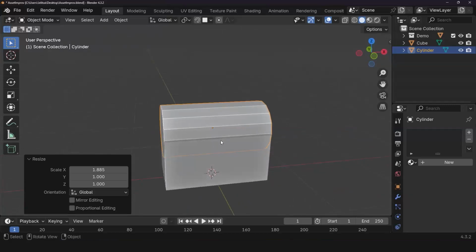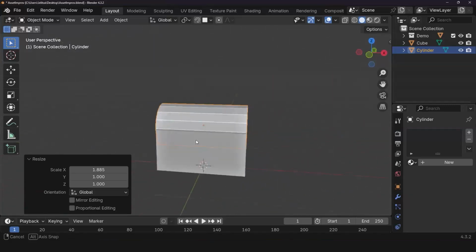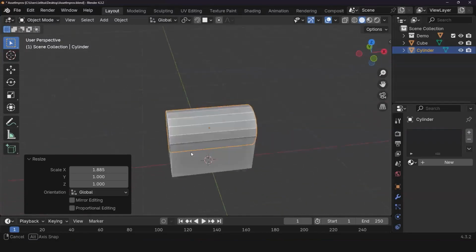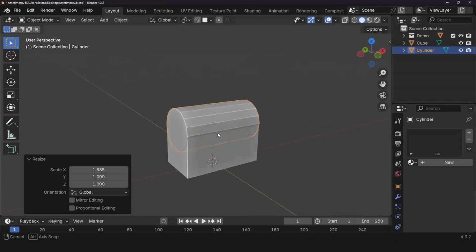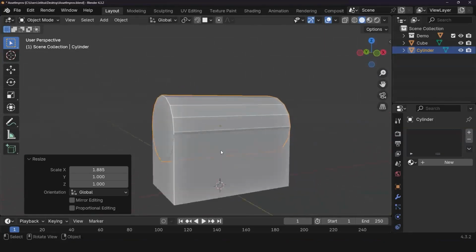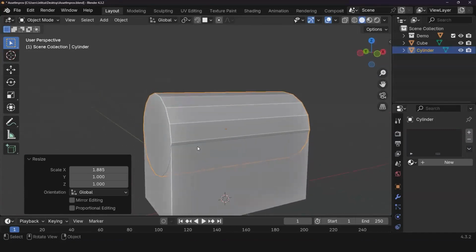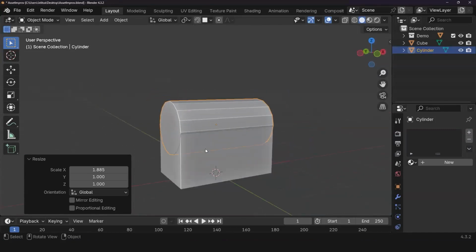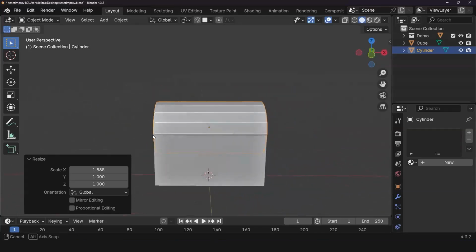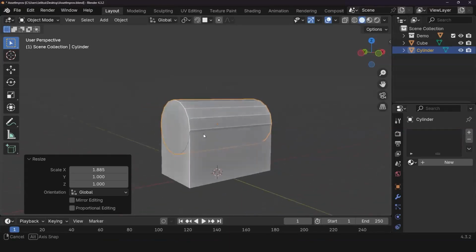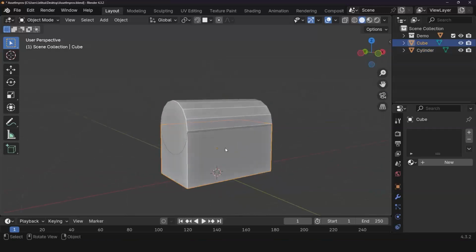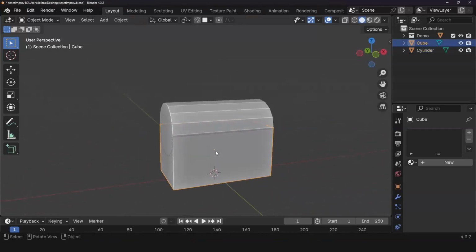Okay. Usually I do like to use modifiers, but I'm going to do this without the modifier as much as I can. The subdivision surface modifier, as we all know, is my friend. So I'm going to start working out this model, and the way I'm going to start is the bottom here.